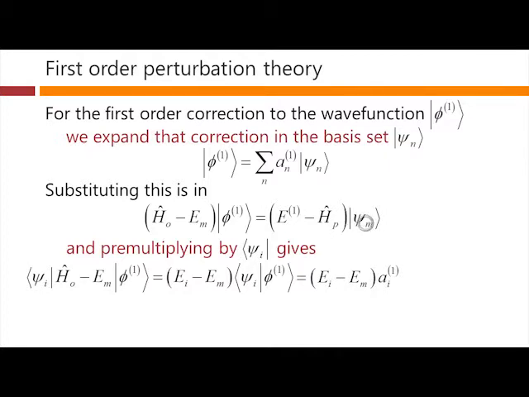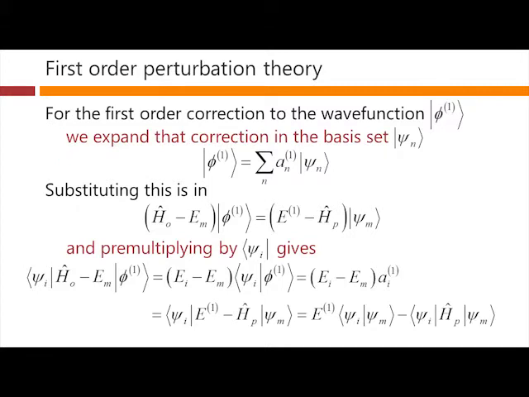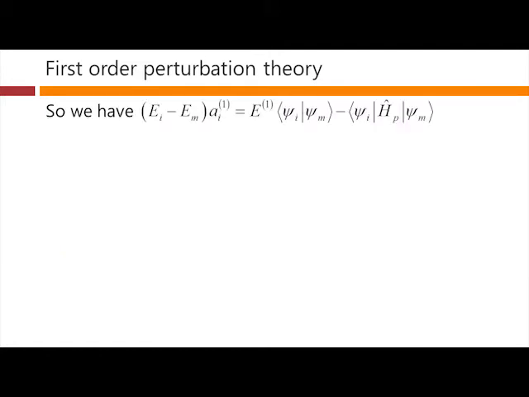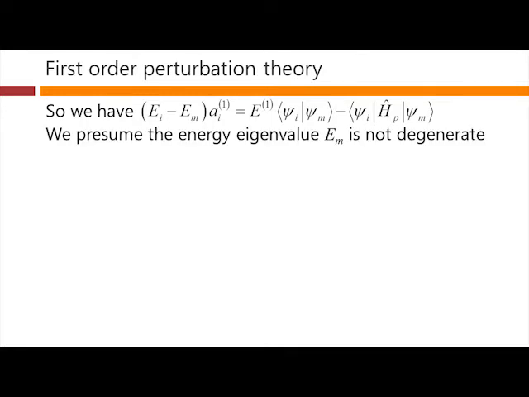And now we can deal with the right-hand side. So pre-multiplying the right-hand side by psi i gives us this here. And of course, we can take the E1 out. That leaves us with E1 psi i psi m. So that's this. Minus psi i HP psi m, this term here. So, with that expression we've just derived, equating the two sides that we came up with in our equation,